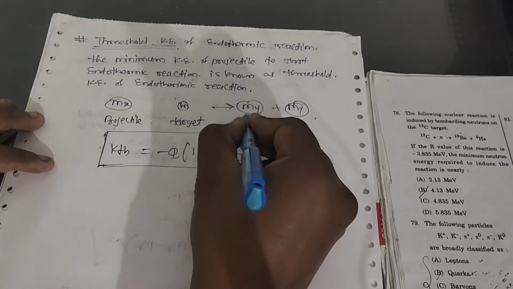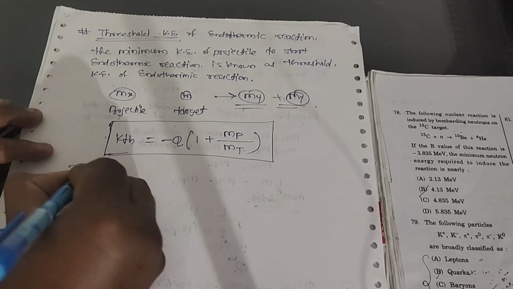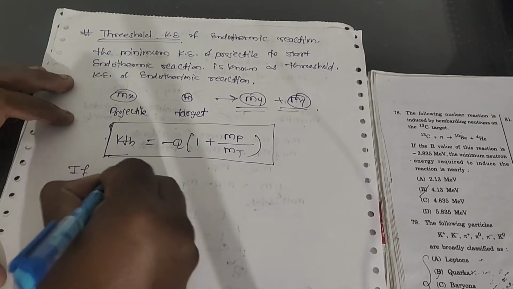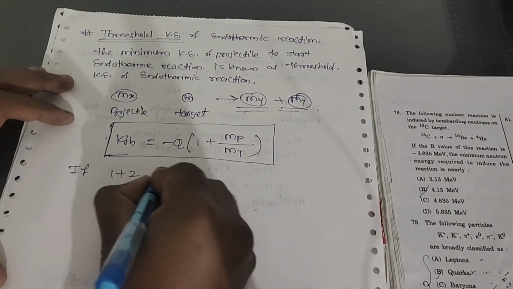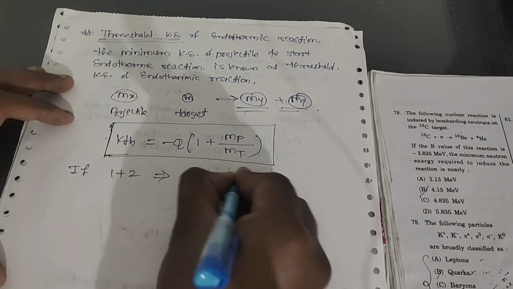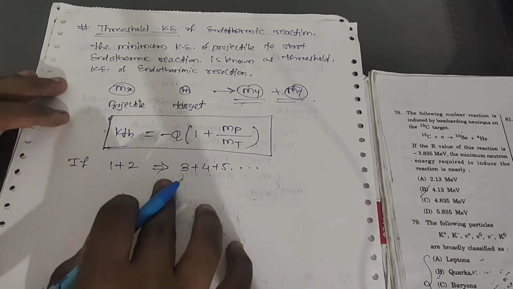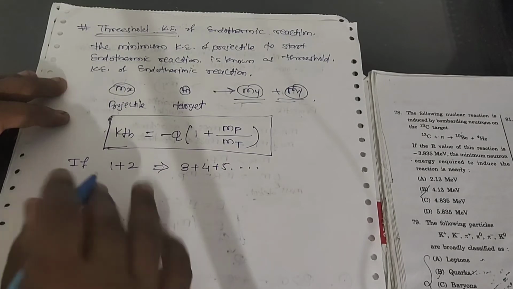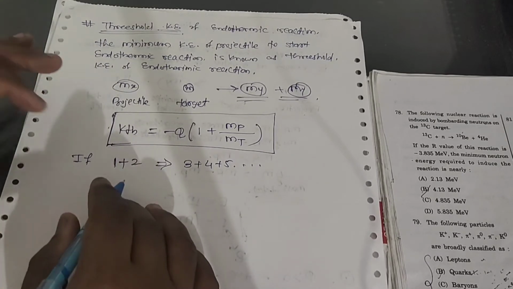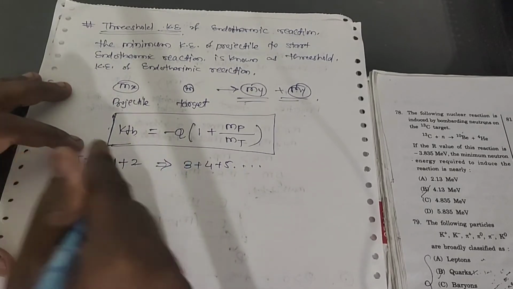Suppose this is for only 2 products. If there are lots of masses or lots of particles, at that time we will use another formula. Let's suppose there are 3, 4, 5, lots of particles in the reaction. At that time we will use this formula. Just remember for your information, there are fewer chances that a question is asked on this many-particle reaction. If there are many particles in the reaction, we will use this formula, that is